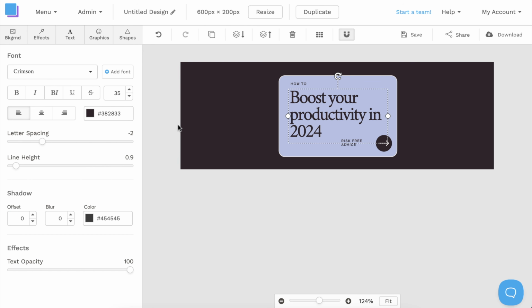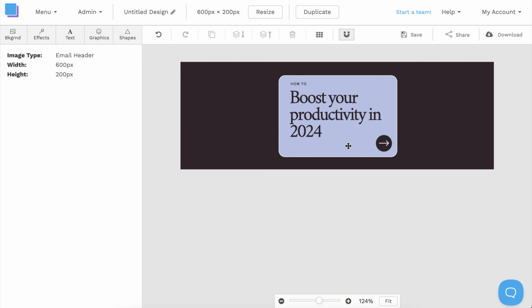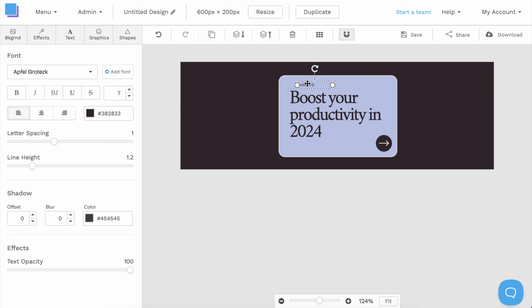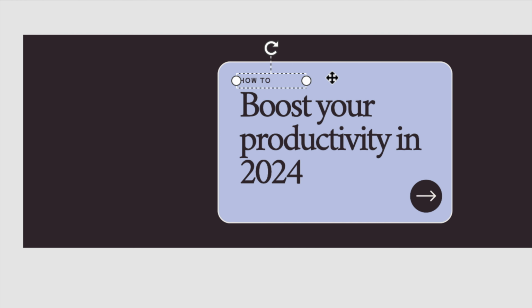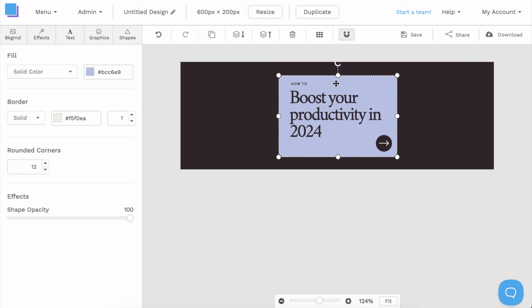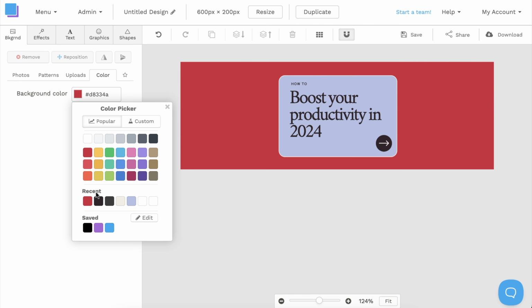If you want to remove an element from your design, you can just click on it and press Delete on your keyboard. You can also reposition elements by clicking and dragging across your canvas, or just use the arrow keys for more precise positioning. If I click on the Backgrounds tab, I have the option to change the background color,